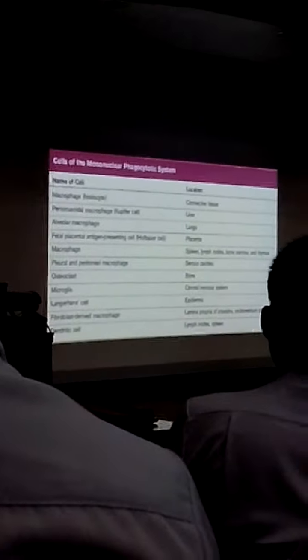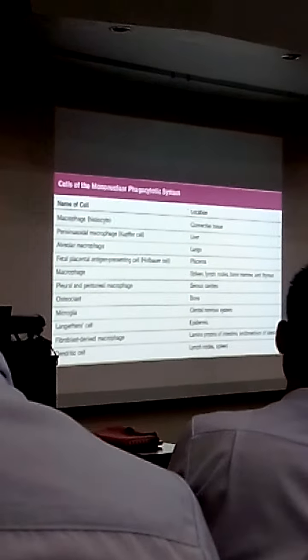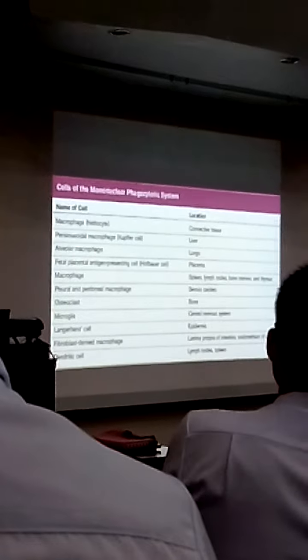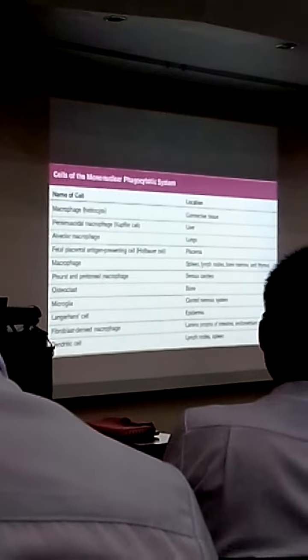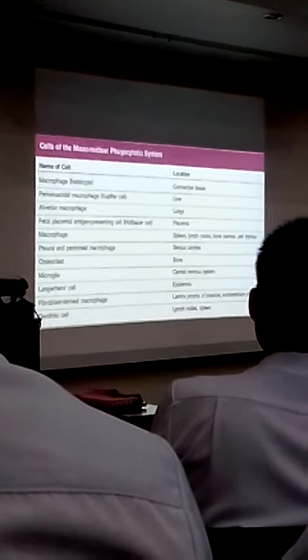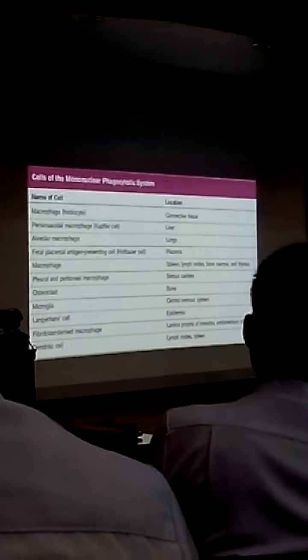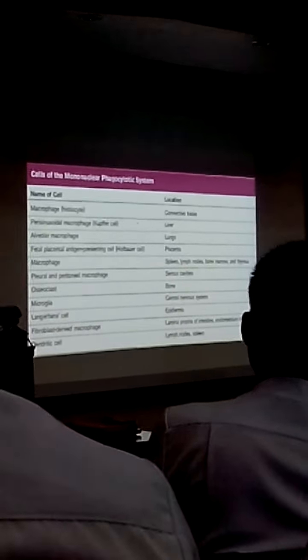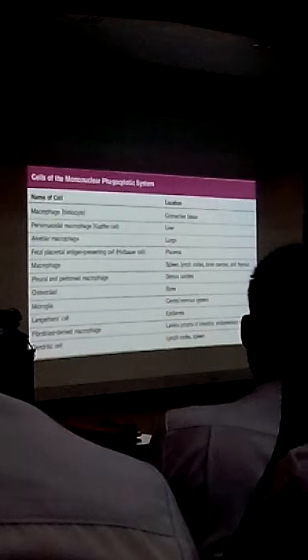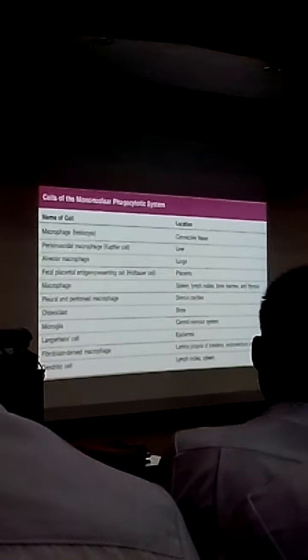So this table is there. Remember that the macrophages have different names. Know what they are called in the different areas of the body. You know that our topic today is connective tissue. We'll be discussing bone. We already finished with the epithelium, and we'll be discussing epidermis in the next unit, I think. So just know how they are called in these tissues.